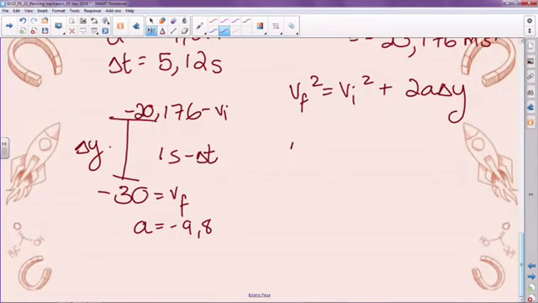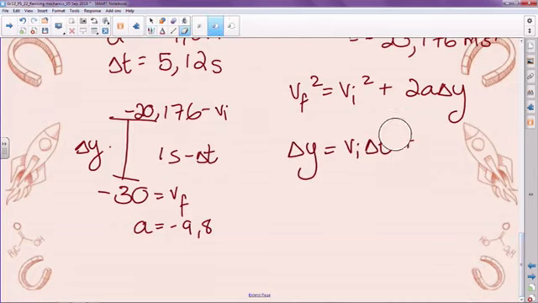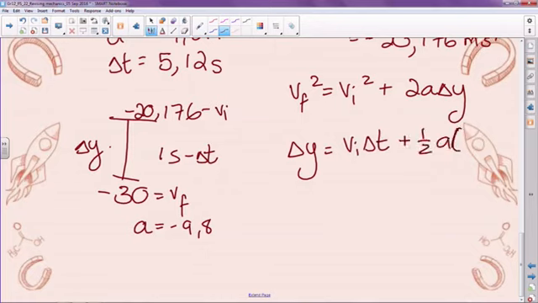But to me, I don't like manipulating equations if I can at all help it. So VI delta T, not V delta T squared. Okay, it's VI delta T plus a half A delta T squared. Apparently, I've forgotten how to write. So that's minus